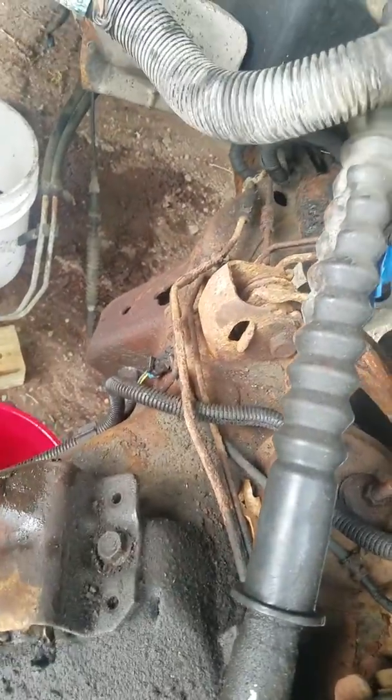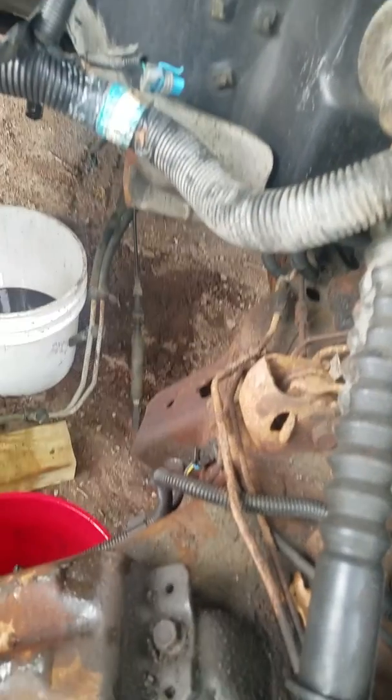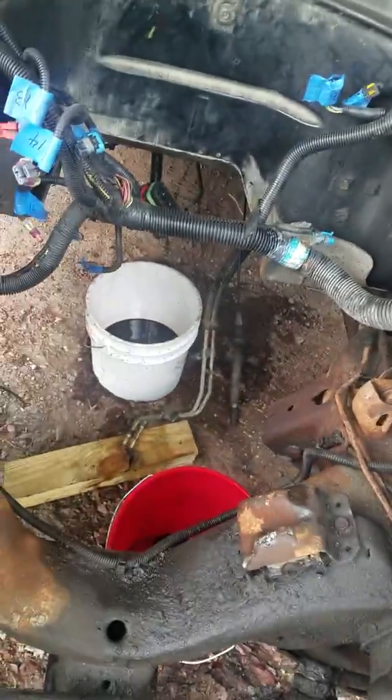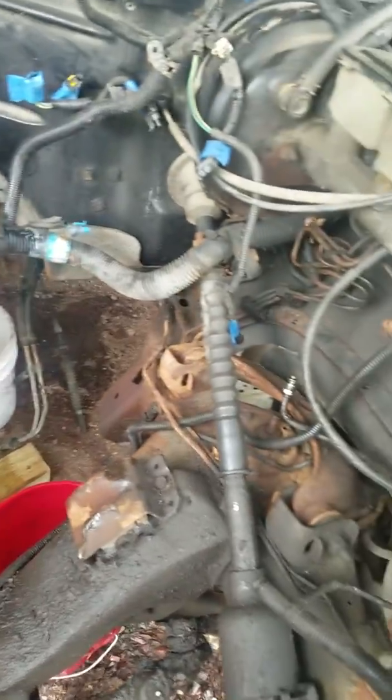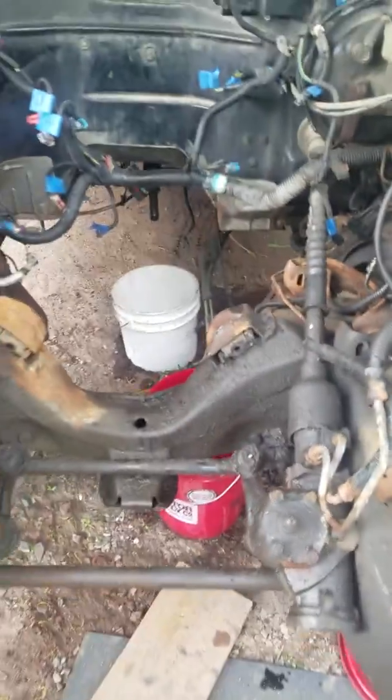All this leak in here was from the stupid power steering leaking on that thing. But yeah, jacked it up and it came out. Of course, it'd be nice to do it on a nice hard concrete floor, but I did it on dirt and made it work. But I did get it out, and somebody was here to help me. But we got it out,